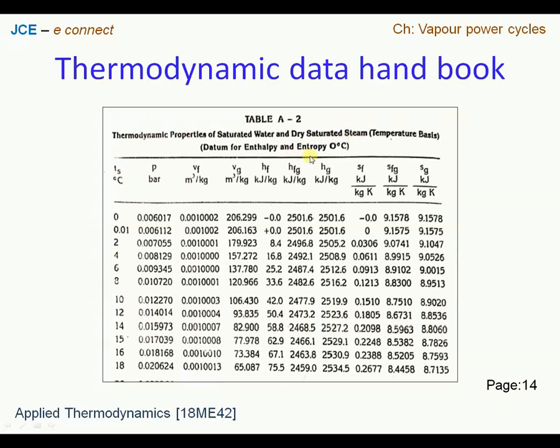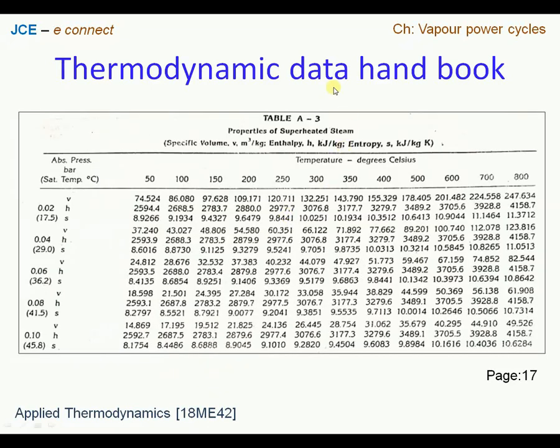Now moving on, if the given system is lying in the superheated region, that is when the given temperature is greater than the saturation temperature as per the guidelines, then one has to refer to the superheated steam tables, that is table number A3. So depending upon the guideline we have seen earlier, and based upon the given data in the problem, one has to find out which is the right table to refer. So in the superheated vapor region, we see the arrangement is slightly different from that of the previous.